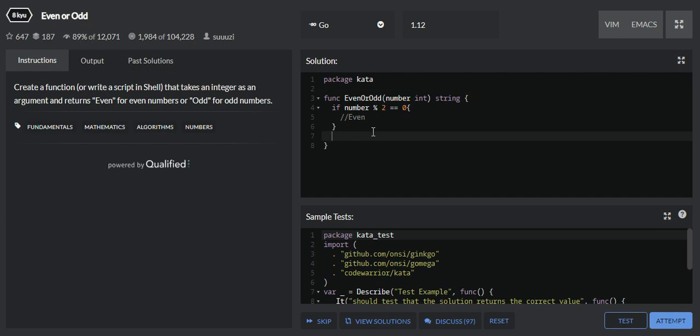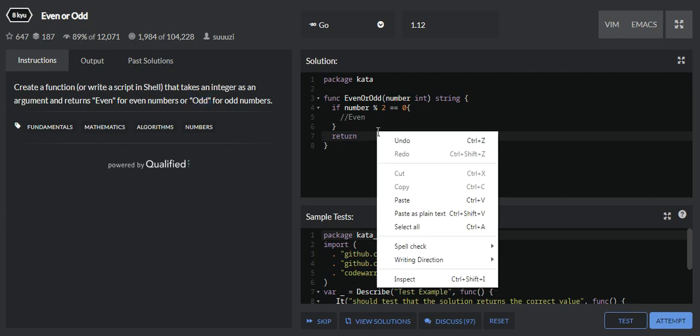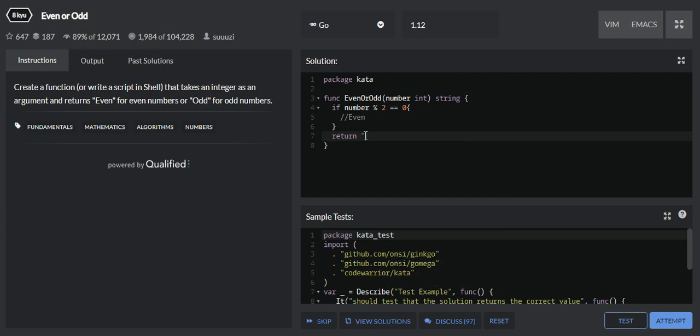In order to return anything from a Golang function, we can use the return keyword, and as given, for odd numbers we have to return the odd string. In order to return the string, we have to add it in double quotes, so I add odd. And if the number is an even number, then directly I can return even from here.